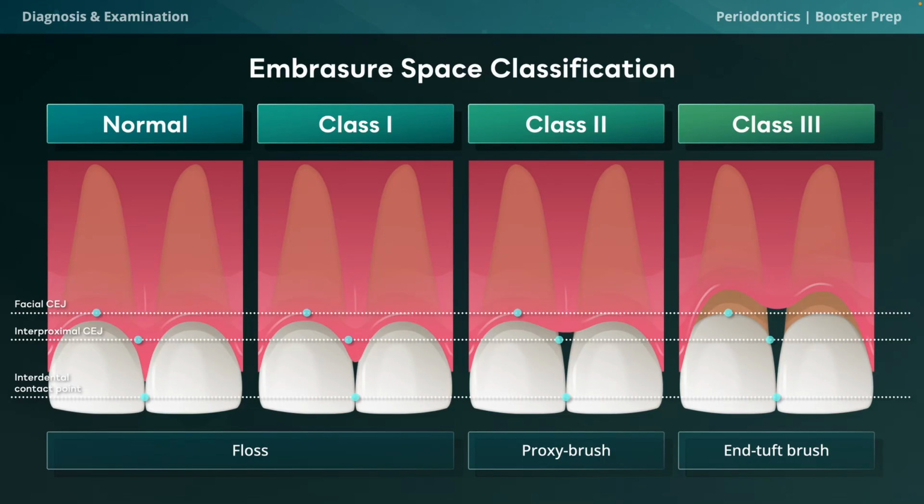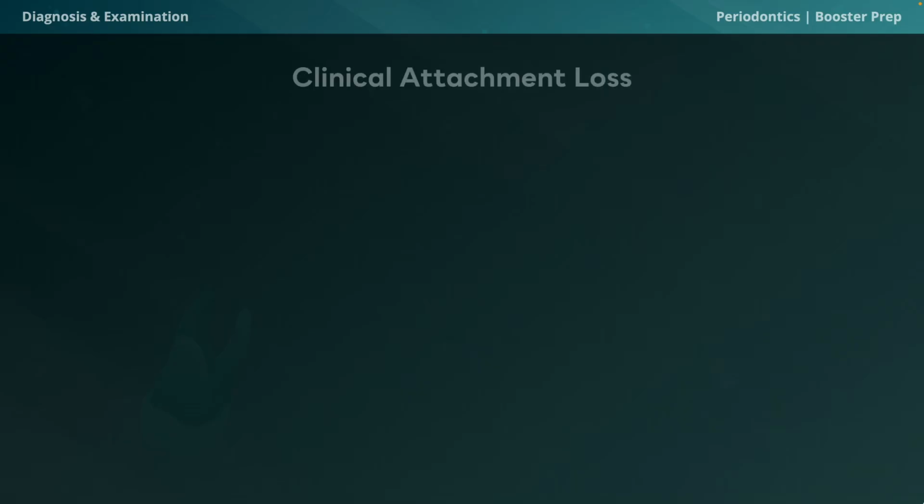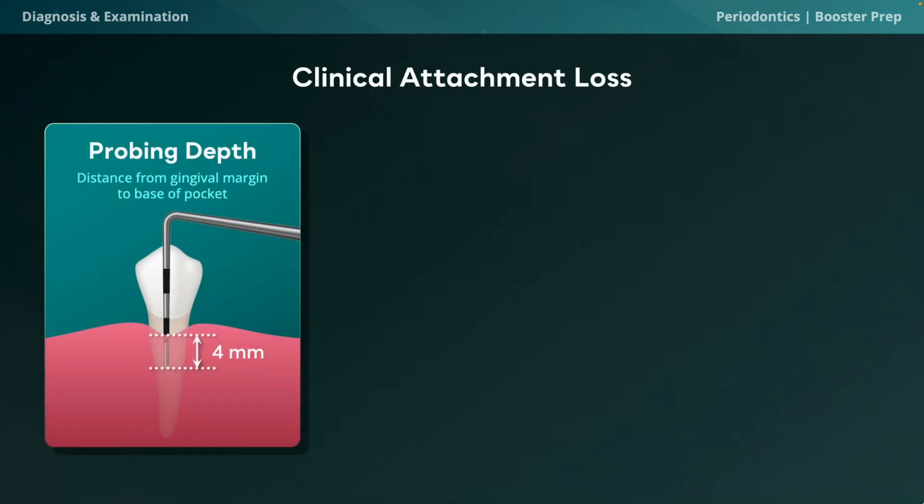Okay, with that out of the way, we can now turn our attention to one of the most important diagnostic examination tools we have in dental hygiene. It's none other than clinical attachment loss. We can calculate this during our periodontal examination. We'll first need the probing depth, which is just the distance from the gingival margin to the base of the